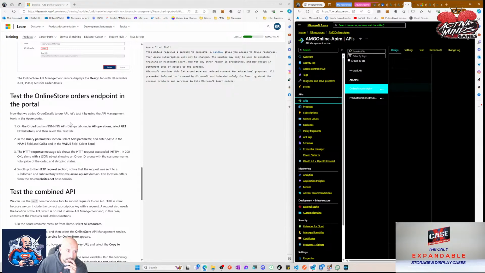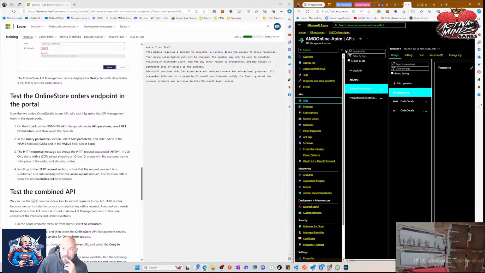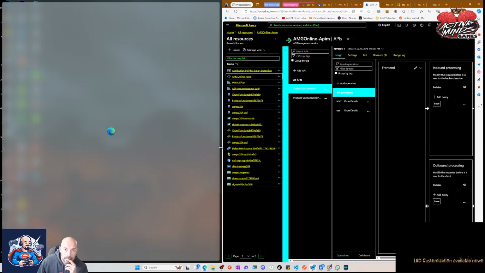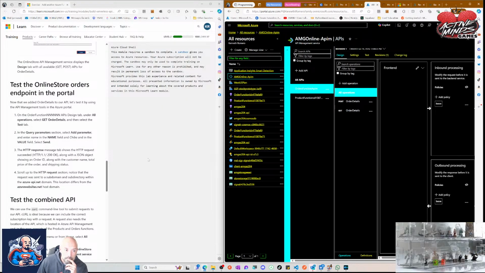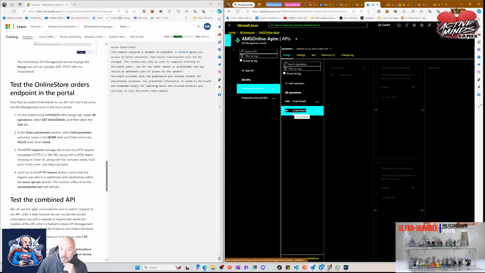All right, now that we added order details to our API, let's test it by using the API management tools in the Azure portal. On the order API detail, okay, so we're going to go back here. Close this up. I really wish I could make that go away. On the order function, under all operations, select get order details. All right, we're on get order details, and in the query,